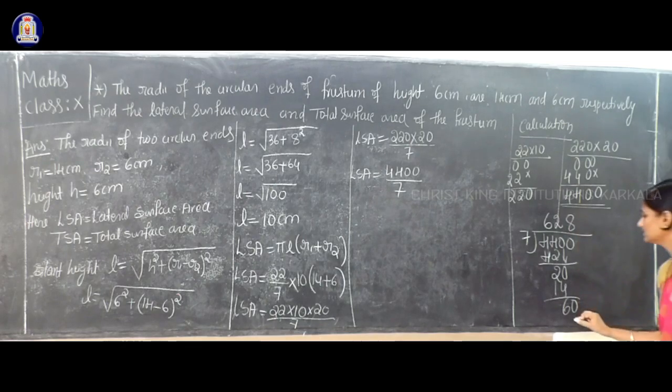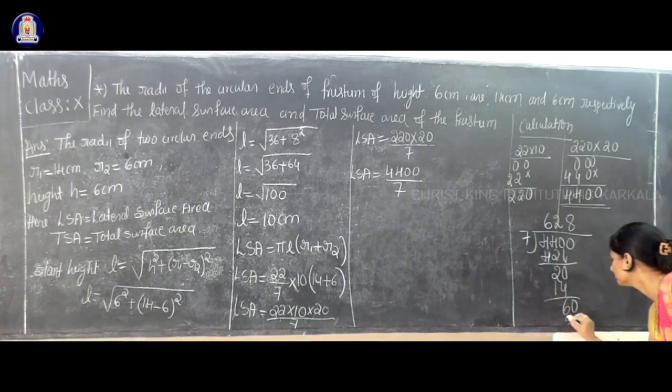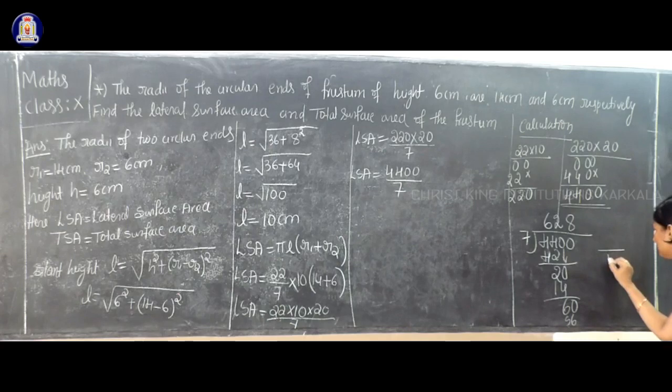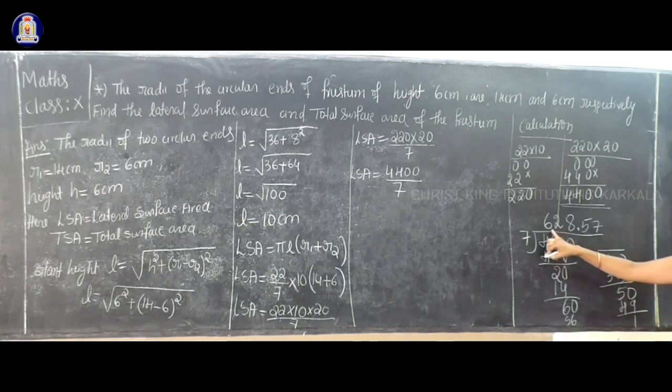7 8s are 56. So 56, remainder is 4. So I take 0 from outside. So point. So 7 40. So 40 means 7 5s are 35. So again it is 5 0. So 5 0 means what? 7 7s are 49. So remainder is 1. If you want, you can continue this. Otherwise, answer is